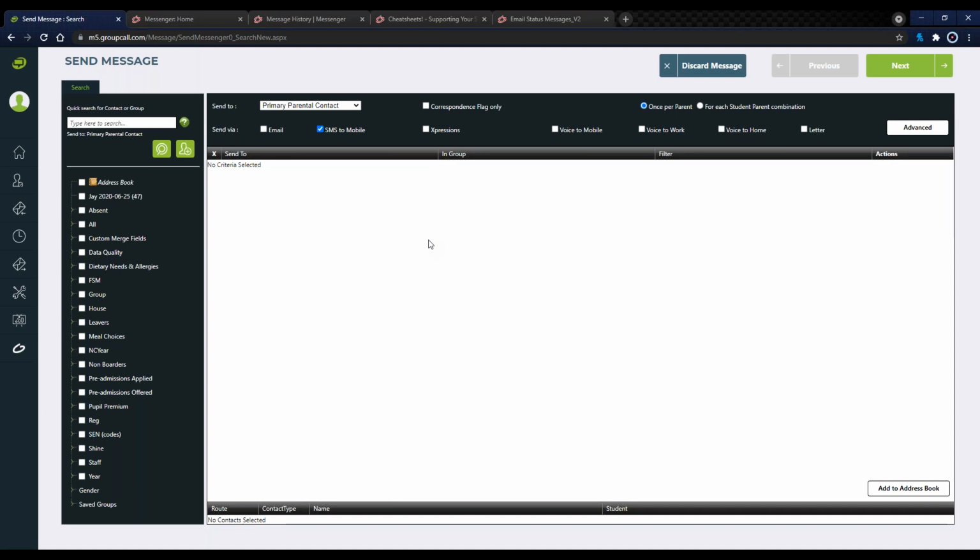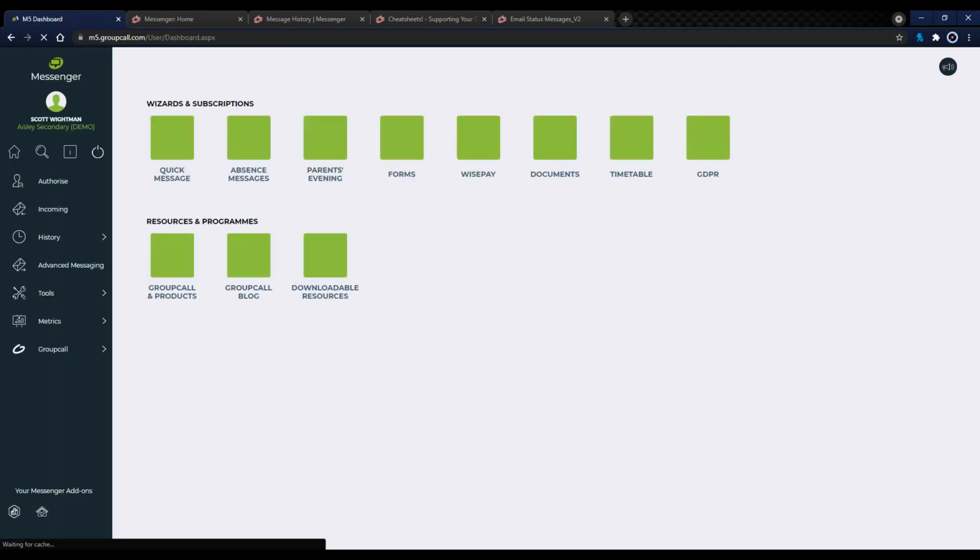In terms of checking that your Groupcall Messenger system is actually updating from your MIS, this is very, very easy within Groupcall itself. On your homepage, all you have to do is look in the very bottom left-hand corner and you will see a little message. Groupcall Messenger uses a tool called Exporter to bring information from your MIS into the Messenger system. Typically, we will update from your MIS once every single day, usually between midnight and about 4 a.m. Down in the bottom left, it will tell you when it last ran anyway,